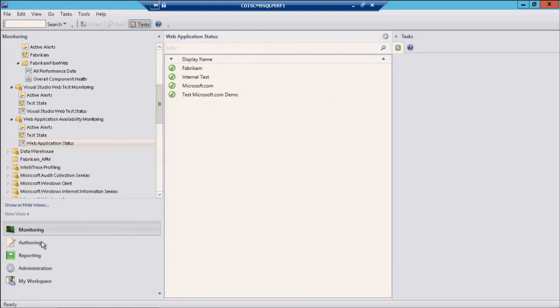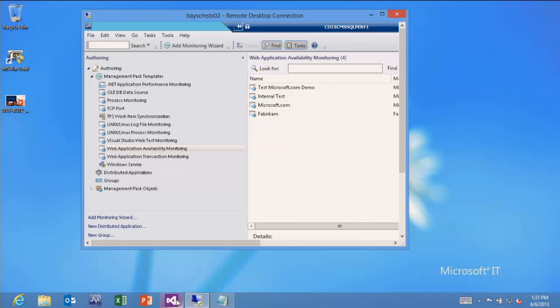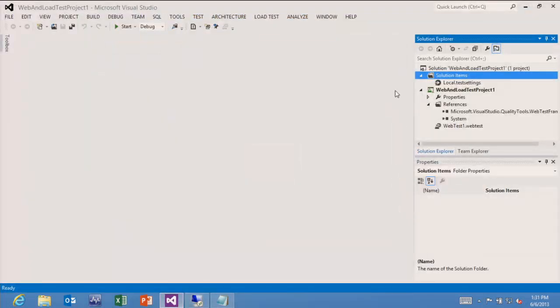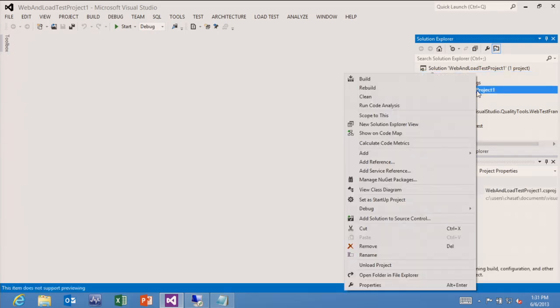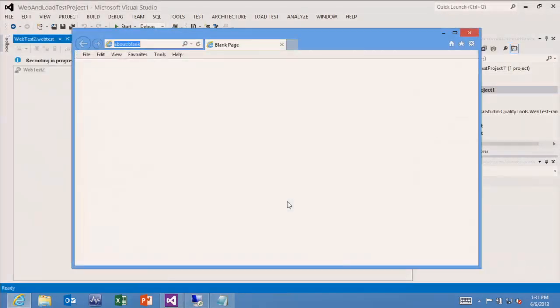So setting up a test is very similar to setting up a web application monitor. However, you're going to start in Visual Studio to generate what you're testing. So let me switch over to Visual Studio. In Visual Studio, I've created a web and load test project. And from within this web and load test project, I'm going to go ahead and add a new web performance test. As soon as I do that, a new IE window opens up, and I should begin recording,